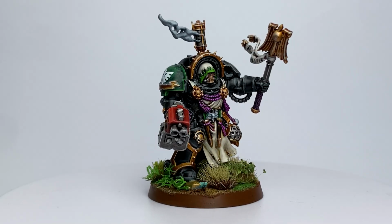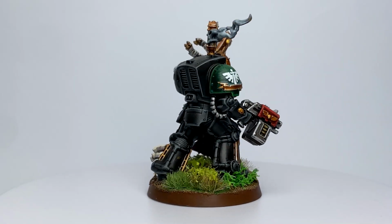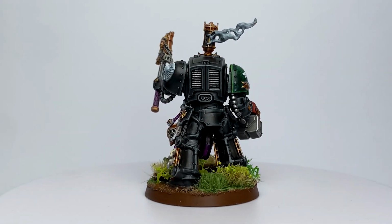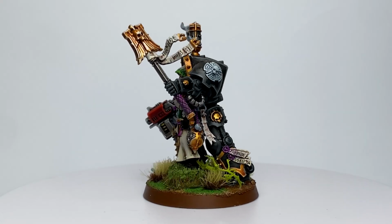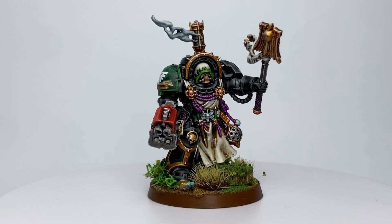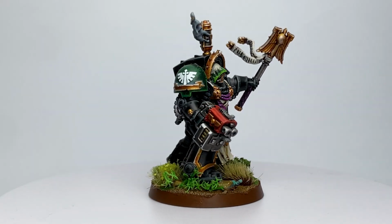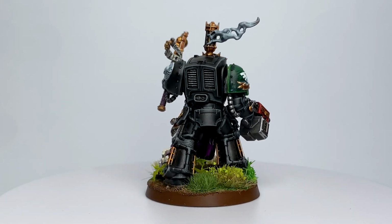And here he is. I had a lot of fun making this model. I think that it definitely captures the spirit of the Dark Angels far better than the original Terminator Chaplain does. It's a fairly simple conversion. A lot of the work really comes from Chaplain Seraphicus' tabard. That gets so many Dark Angels details on the model just in one piece, but it was a lot of effort to actually make that piece